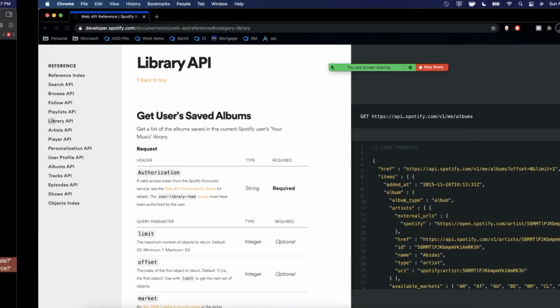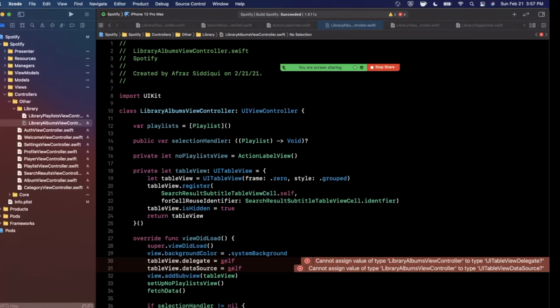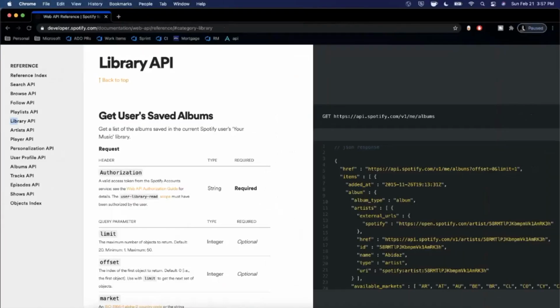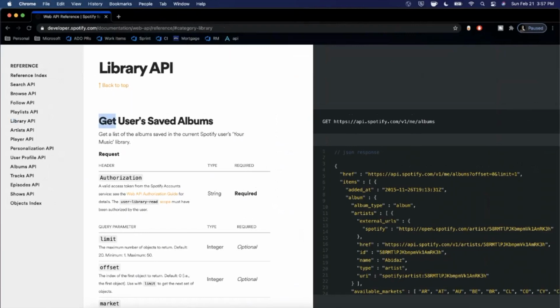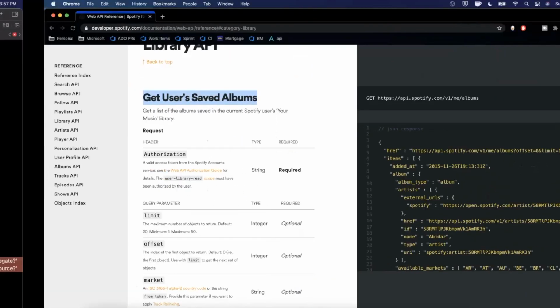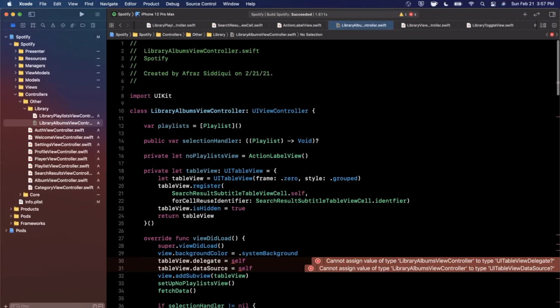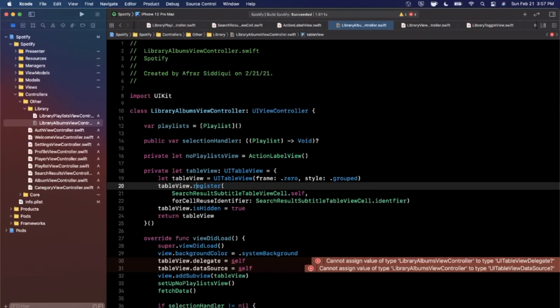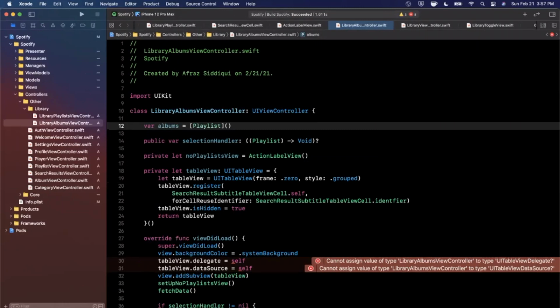So the first thing we're going to actually do is fix the errors that we have in here. But from our API perspective, we want to get a user's current saved albums. So we're going to have to write a few API calls. But before we do that, let's change up stuff in here. So instead of having an array of playlists, we're going to be getting an array of album objects that the